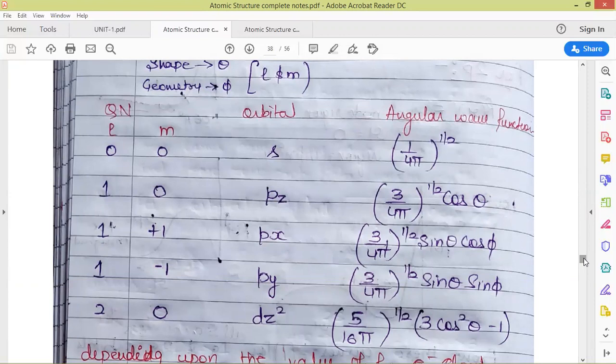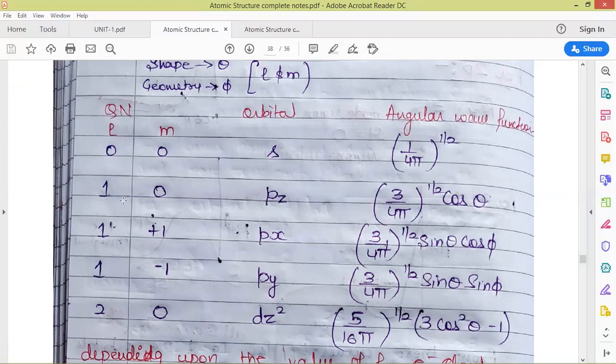So here are the values of the angular part for different orbitals. First is the 1s orbital, for which the possible value of m is just 1, which is 0. Here we can see that for the s orbital, m has just 1 value, and for that the angular wave function is independent of theta and phi. It is a simple constant, so it doesn't have any angular dependence. This is the reason why s orbitals are spherically symmetrical around the nucleus. They are not dependent upon any angle.